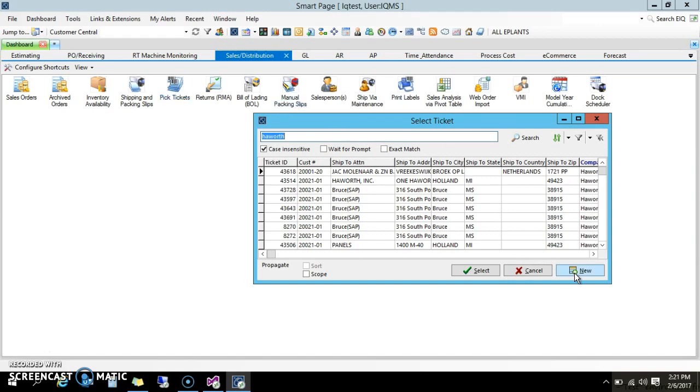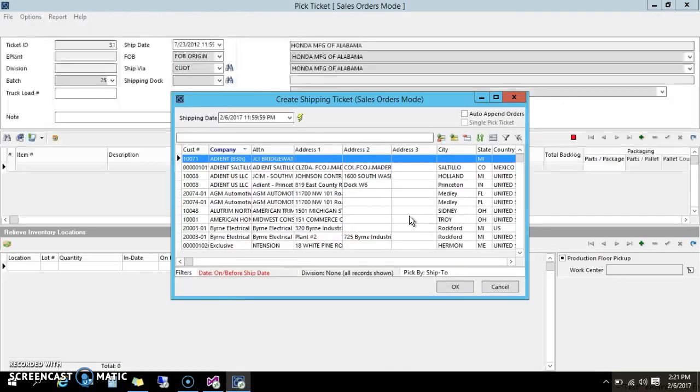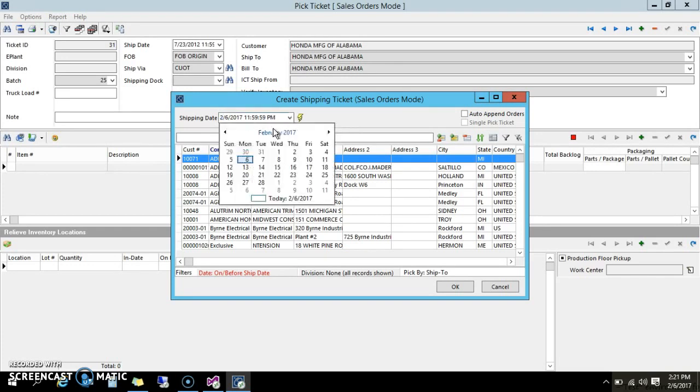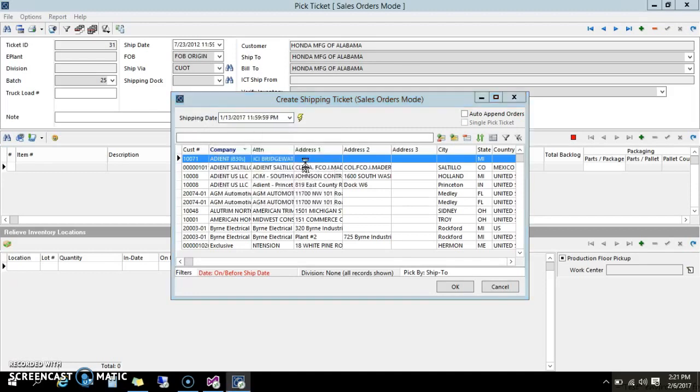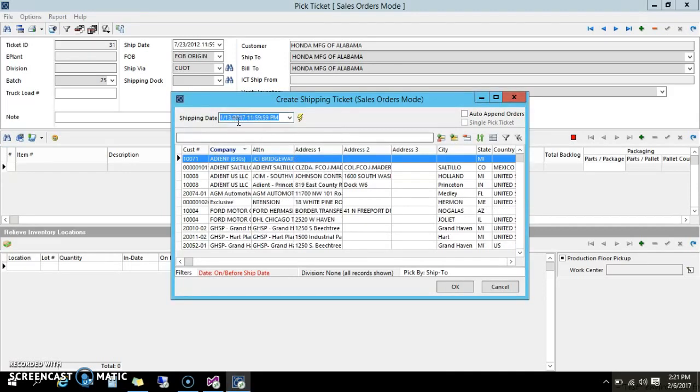So if I click the new button down here in the lower right hand corner, now we have a few pieces of data we need to input. The first being the shipping date. I'm actually shipping material for 1/13, so I click on the shipping date field up here and choose from the calendar 1/13, and then it changes my list of